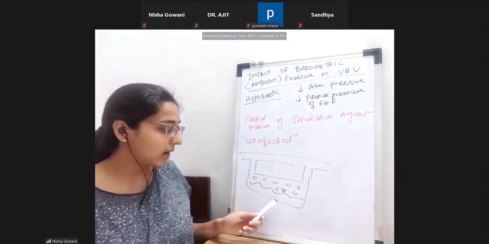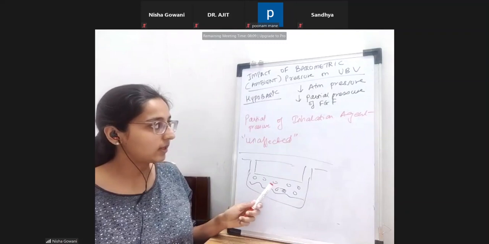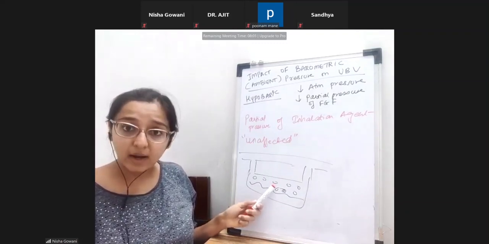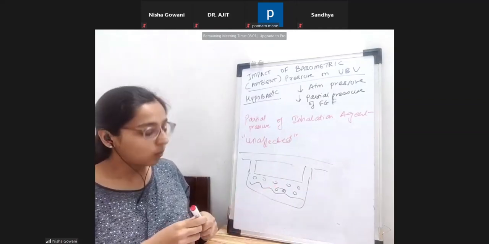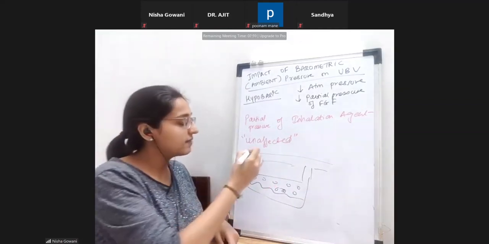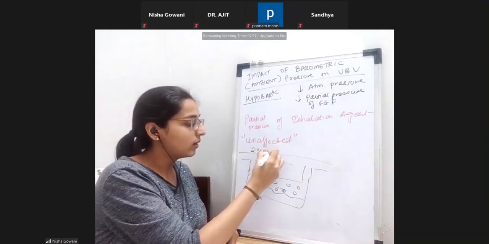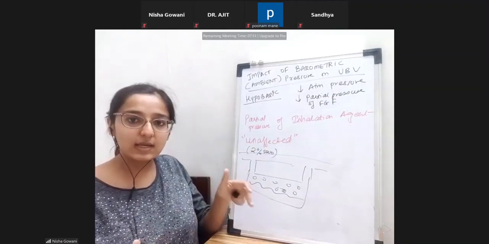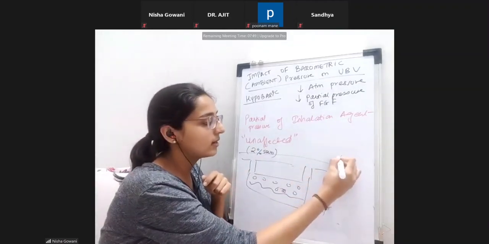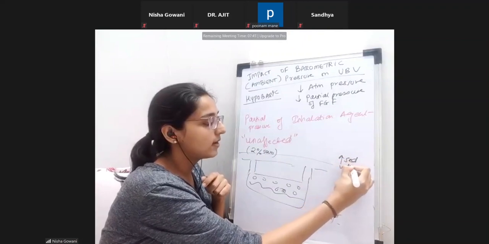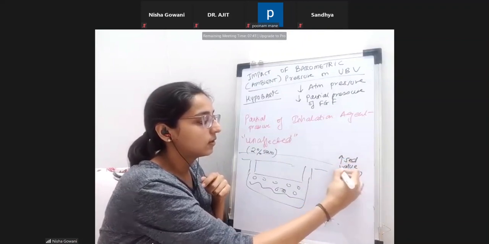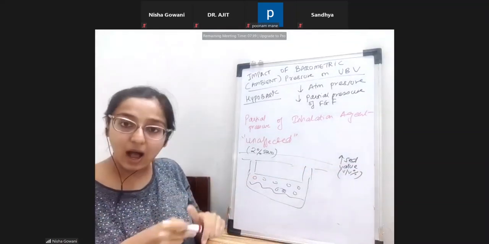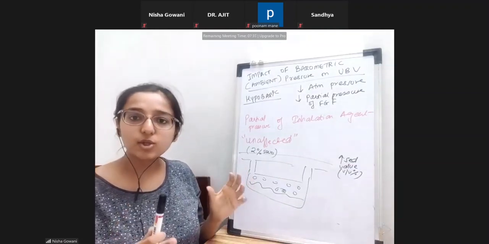Next. We know that the partial pressure is going to be unaffected because saturated vapor pressure is not affected. But what we see is that whatever we have set at the dial, say my dial setting is 2%, actually when I go and try to calculate, this might show me an increased value. An increased value may come. So we'll try to understand how the partial pressure is the same.